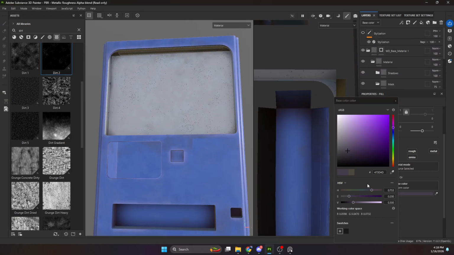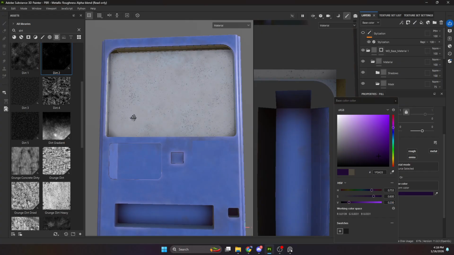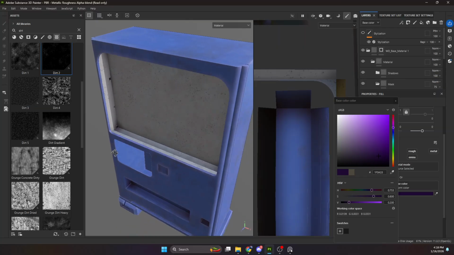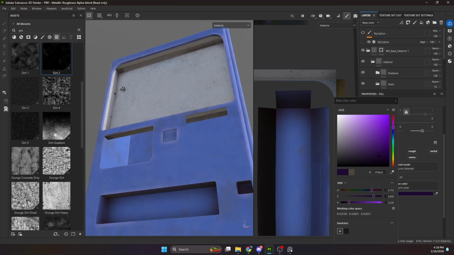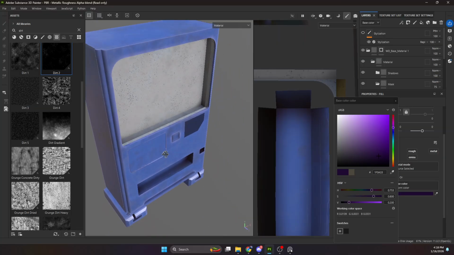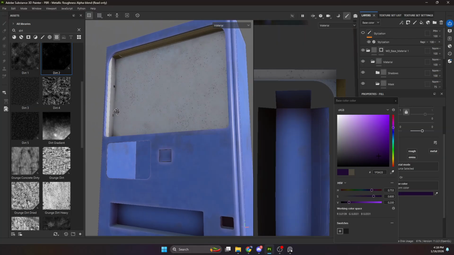Turn off my stylization here, just to, sources. And then, no, let's go into focusing on the corners right now. That inside